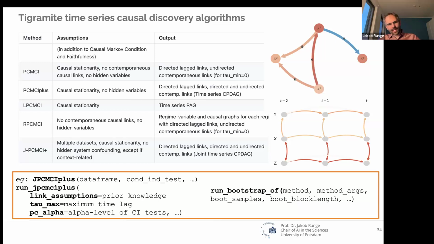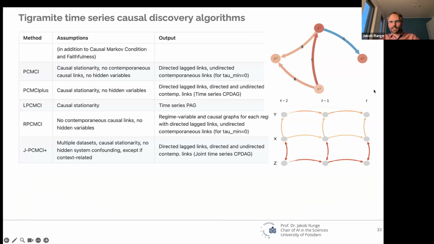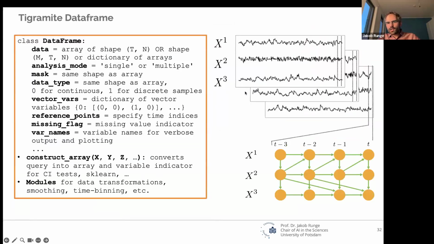Yeah, I have done that, or you can always do that. The way I did it is you can create your own variable, maybe some kind of smooth oscillatory function over time. You basically add a variable S here, a function of your choice, and this is maybe your model of non-stationarity. Then you use your link assumptions to specify that all these variables are caused by that variable, and they're always caused by that in the link assumptions. And then the independence tests will condition on that variable.